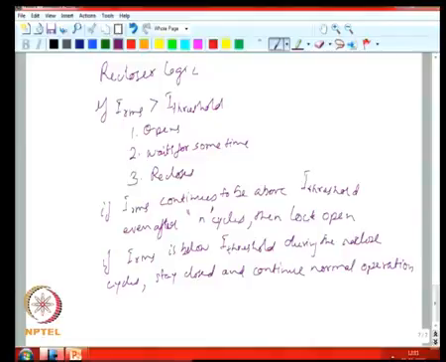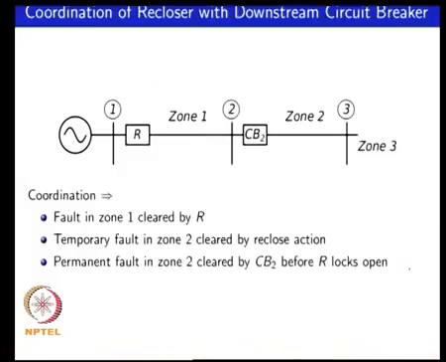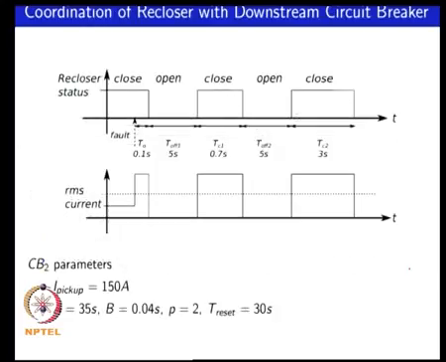So, with this logic, we will make use of the same data for, say, zone 1 and zone 2, and look at an example of what can be done when you have an upstream recloser and a downstream circuit breaker. Okay. So, we will look at the example where, say, the recloser, if you say you have a fault happening at